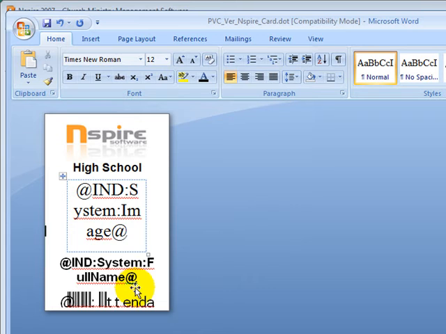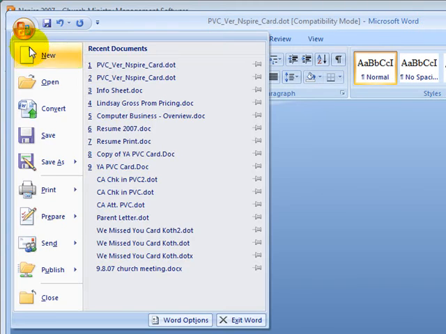So now that I have this set up, my barcode font's installed, everything's looking good, I'm going to go save this template now, and I need to save it as a slightly different name so it doesn't overwrite my other template that's already in the folder. And this is a very important part,